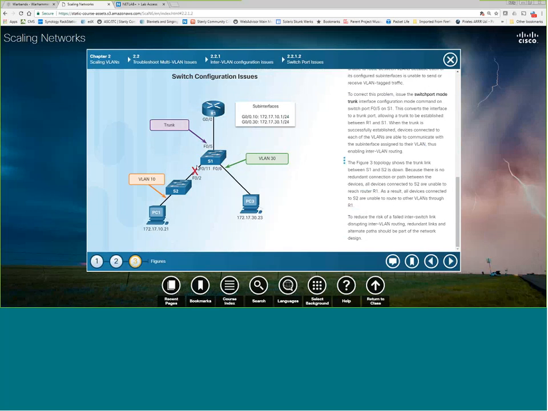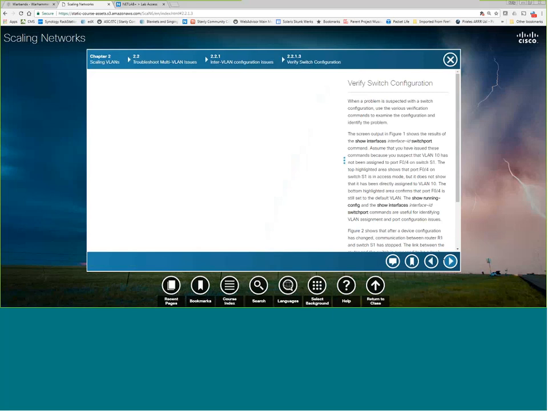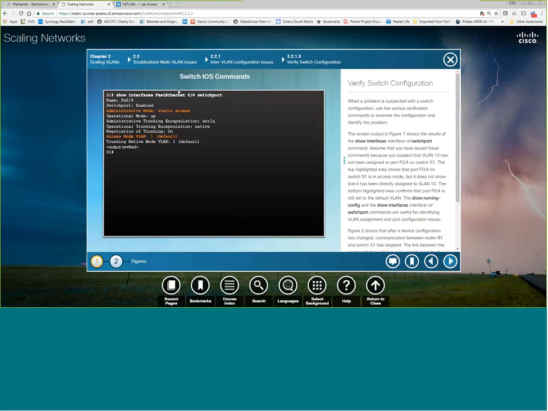Here's another problem. Let's say you forget to configure your trunks, so you don't have a trunk between S2 and S1. Even though S2 may tag it with VLAN 10, and there's no trunk between S1 and S2, anything that goes across this link will become untagged. And that's really the definition of the difference between an access port and a trunk port. Trunk ports can maintain VLAN tags. So, these are basic commands we have here. Switch ports,